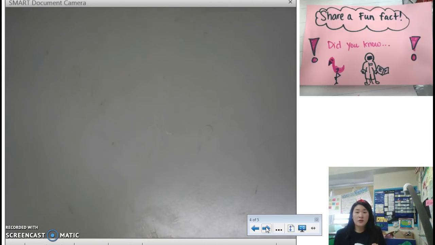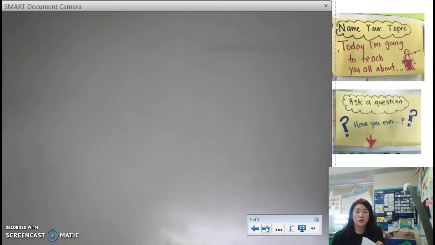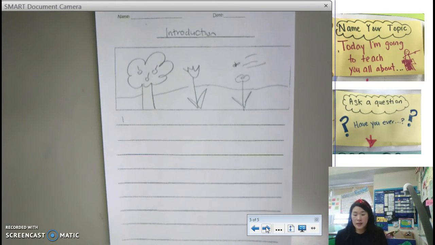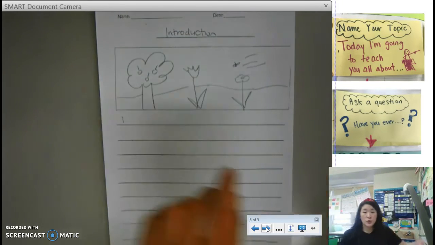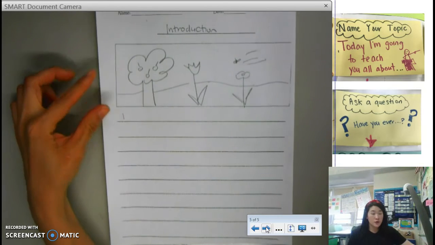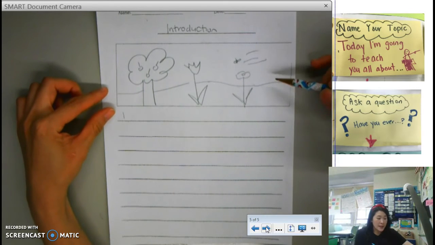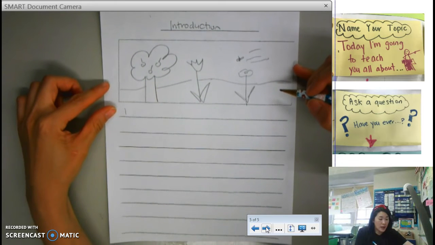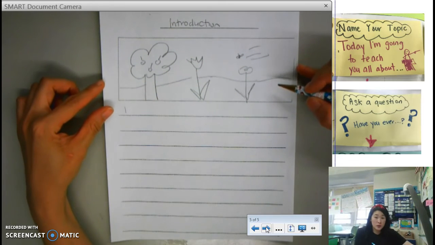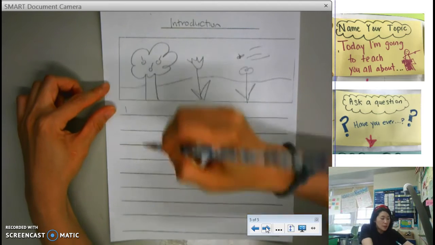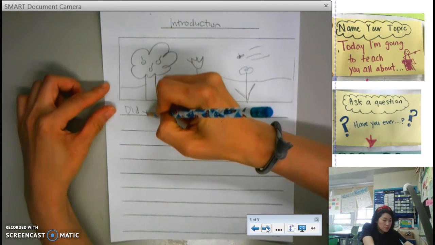So now that we learned the three different ways to write an introduction, I'm going to show you how to do one really quickly. Now remember, you can use one or two or even three if you really want to challenge yourself. So this is my book about plants, and I was thinking that I was going to share a really fun fact about it. So I'm going to use the third one, sharing a fun fact, to start, and I'm going to start by saying, did you know